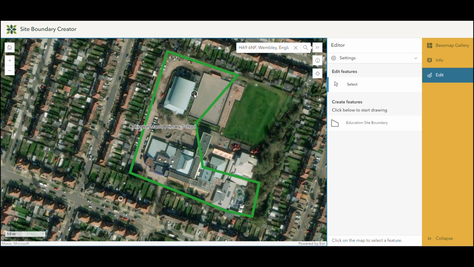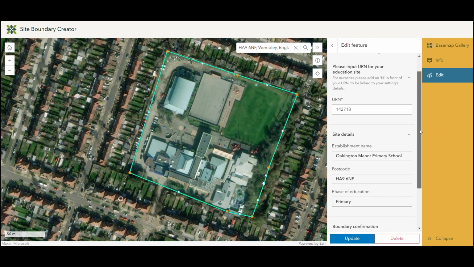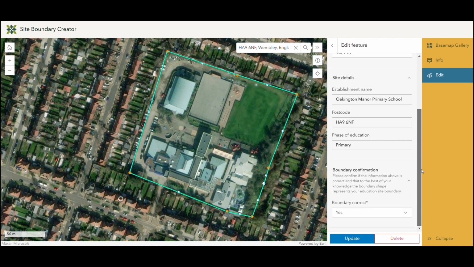Now I'm going to edit this one. I now select again and the dots come up that I can drag and drop. So I'm going to take these dots and make the polygon go around the whole of the outdoor and indoor space on my site boundary. I'm happy with that, so I go over here just to make sure that the details are all correct, and